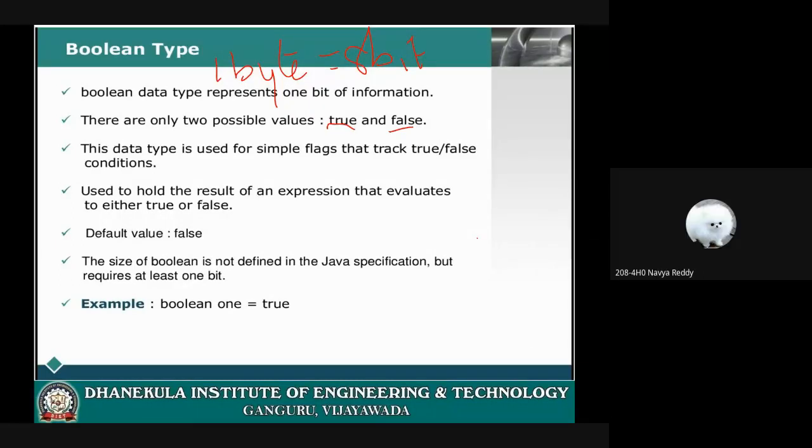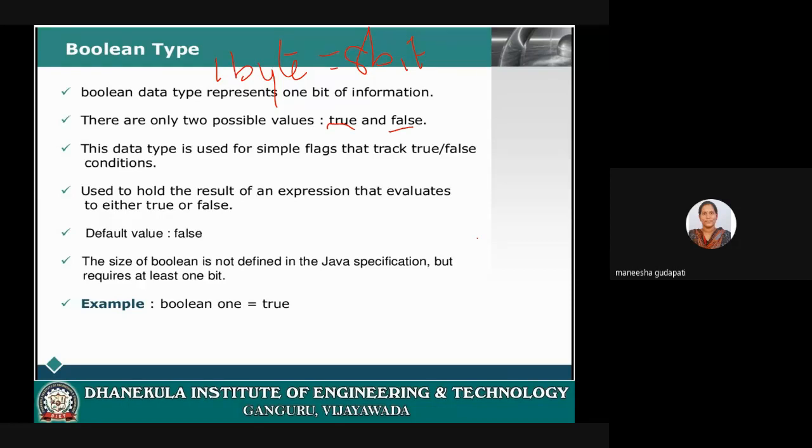Three categories: numeric, character and Boolean type. Coming to numeric, we have two types. What are those? Integer and float.